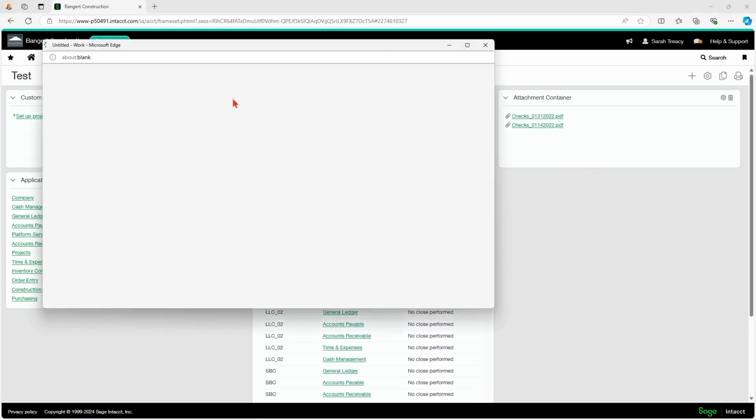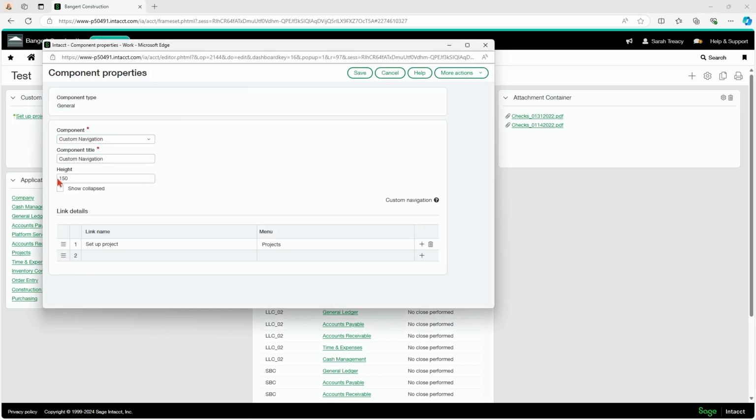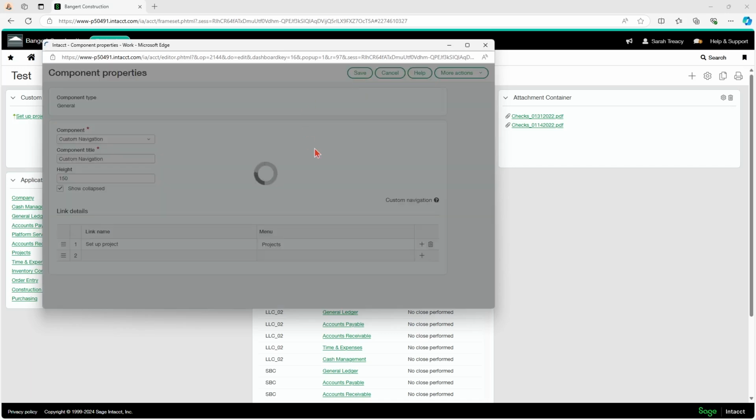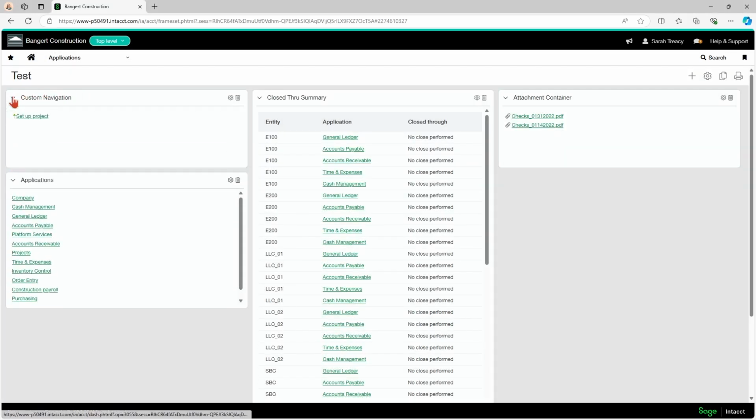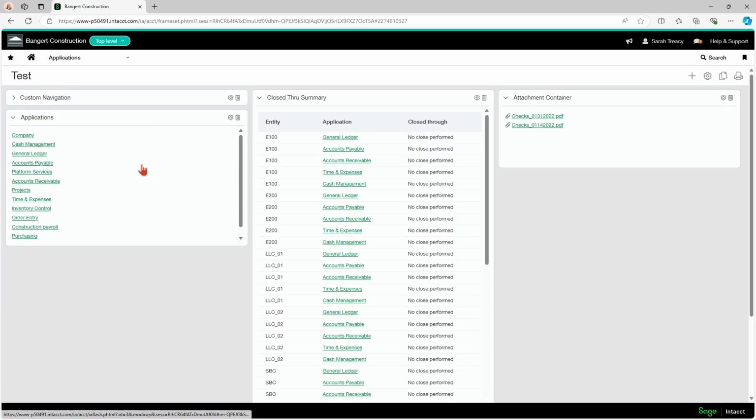And you can also, what else can we do with this? You can show collapsed. If, let's say, it's a particular report that's quite large and you don't want it to take up the whole screen when you come into it, then you can show collapsed so that it shows up like this and you have to just pop it open. So there's some options within just the general component. So stay tuned, and we're going to move on and we're going to do some more of the components, but this is what you can expect to get out of the general component for dashboards.